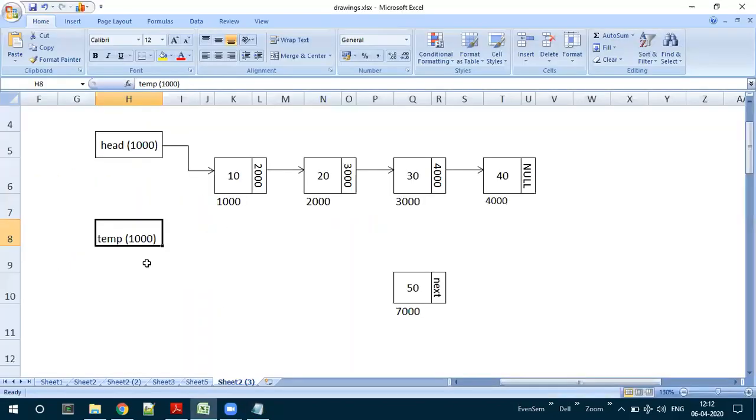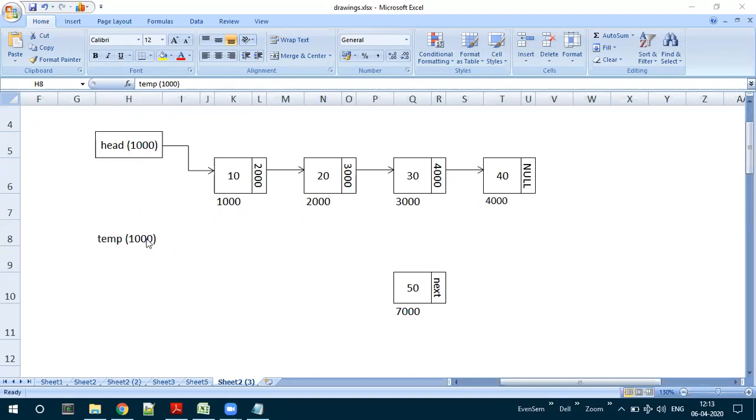So now here, what is the next of temp? Temp is 1000. What is next of 1000? 2000.